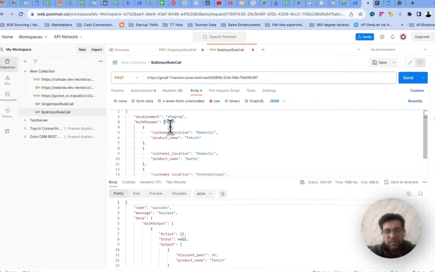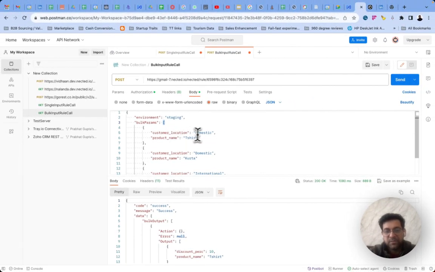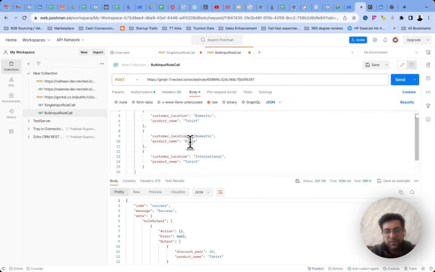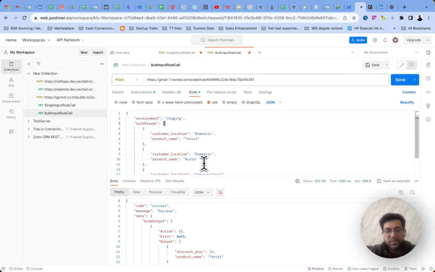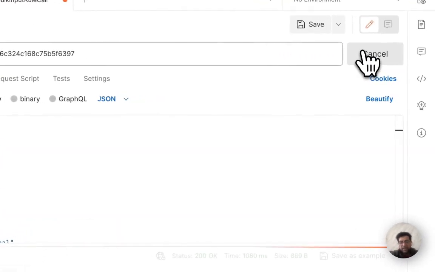In this case, I'll be passing multiple items where customer location is domestic and product name is t-shirt, then another item where customer location is domestic and product name is kurta, and then another item where customer location is international and a product name. I'm passing all these three at once. Once I click on send,